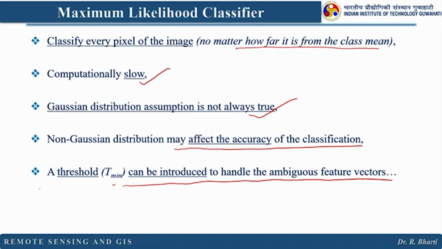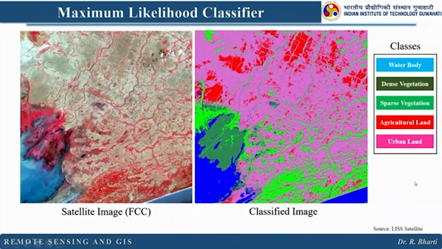So, here basically a threshold can be introduced to resolve the ambiguity of the feature vector, right. This is the example, and you can see the result of maximum likelihood classifier in this particular image, where we have given 1, 2, 3, 4, 5 classes, right. So, you can increase this or you can decrease this based on your application and requirement. So, this is the result you get if you are using maximum likelihood classifier, and